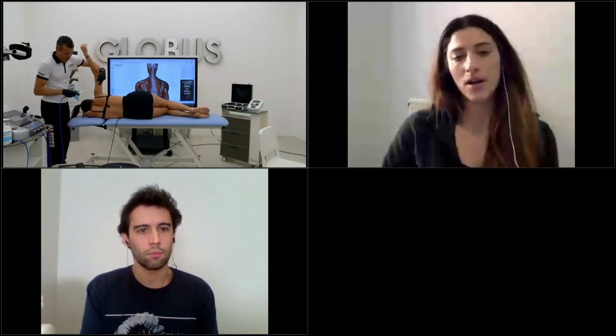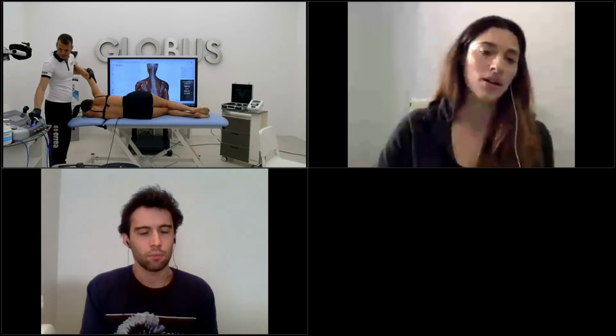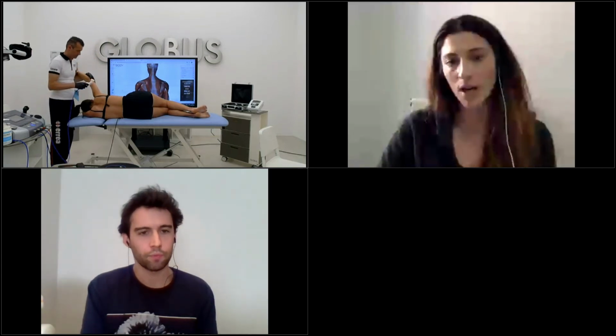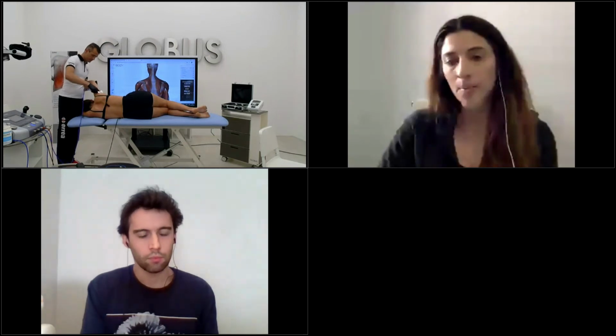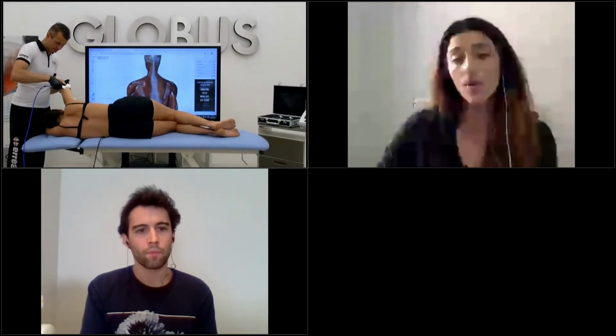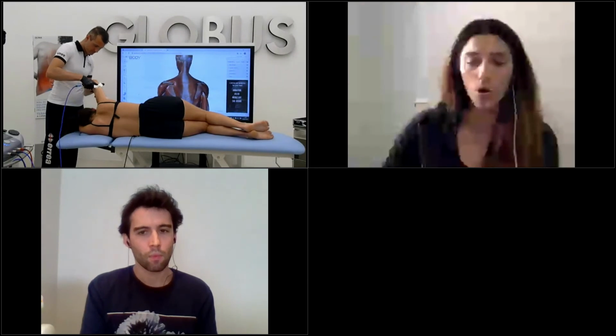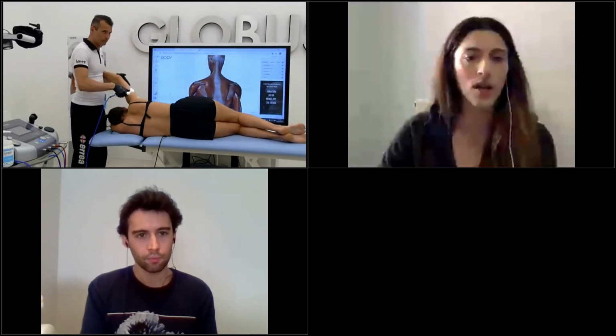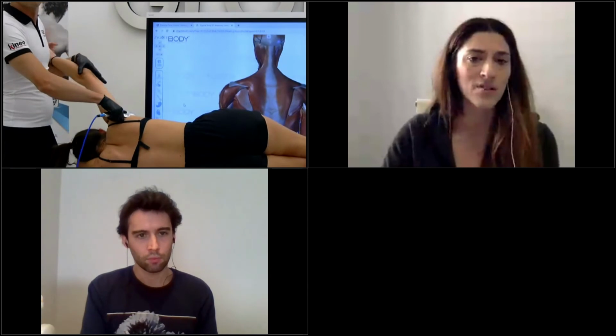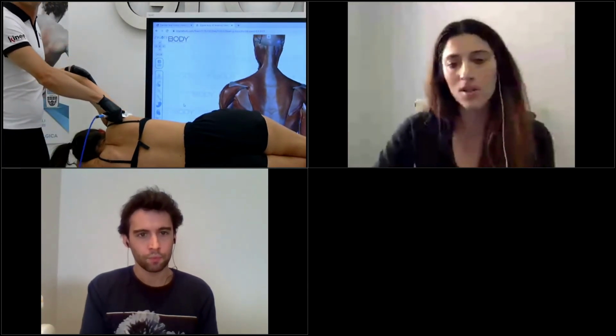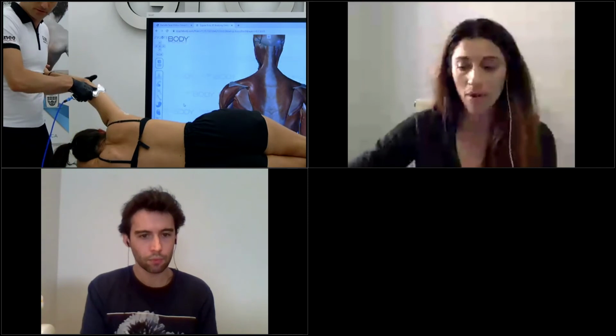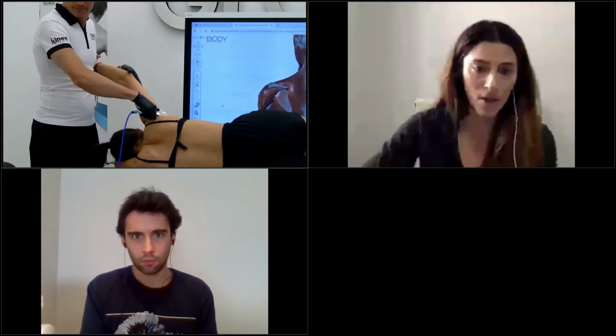Okay. Maybe we can work differently. For example, we can work with the sideline position, or we can work with the hands free if we want to do some exercises. Also, if we want to have the whole upper limb chain, we can work with the resistive electrode and increase the power, so we can work the whole arm.